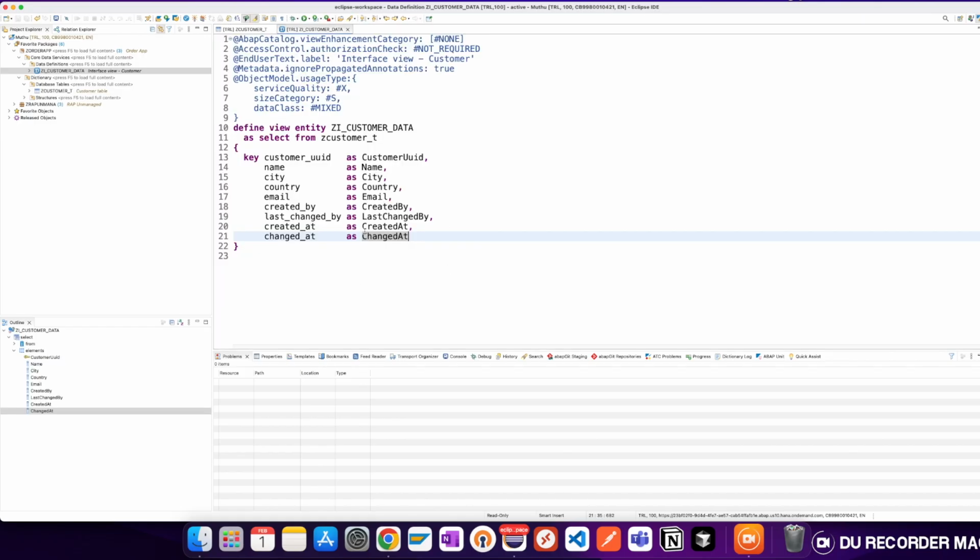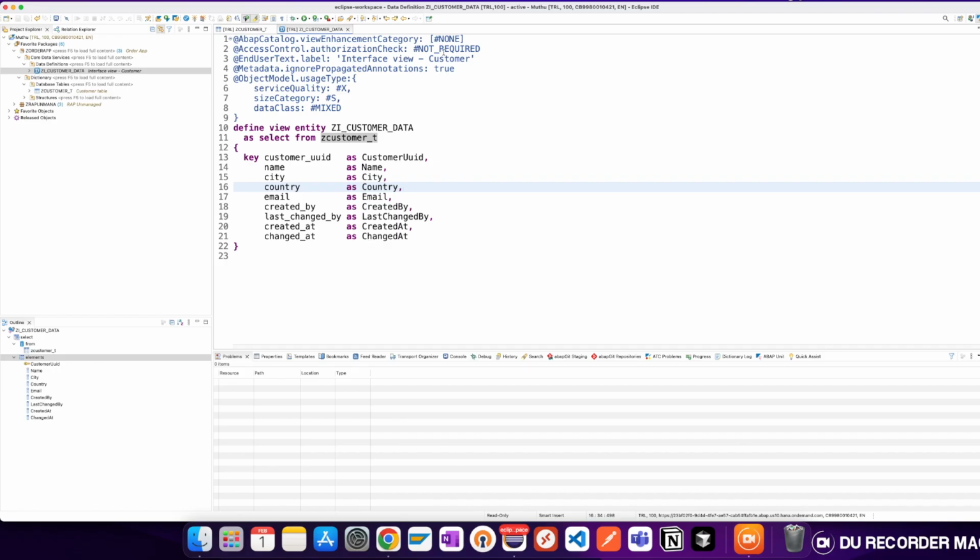So from the CDS views, you are able to see the data preview as well. So fine, we created the interface view. So anywhere, if you want to select the data, we can get the data via this ZI customer data instead of the Z customer underscore T table. Okay, so that's a point. Okay, so going next, the next thing we'll try to create is a